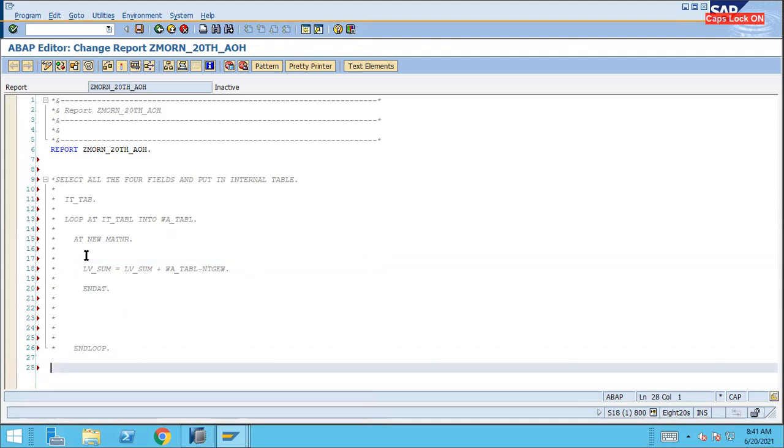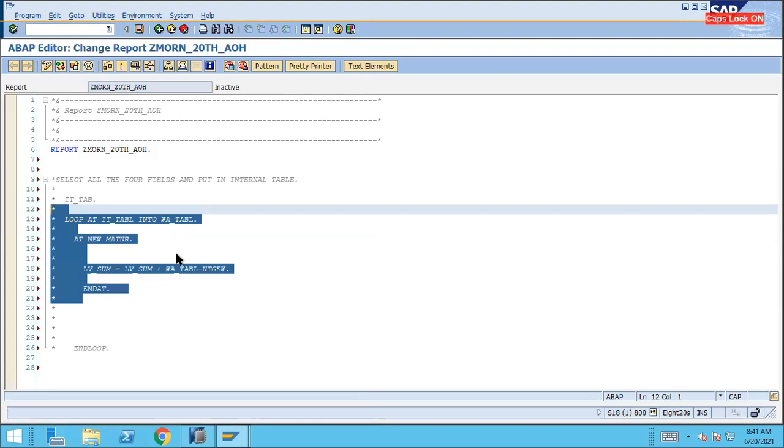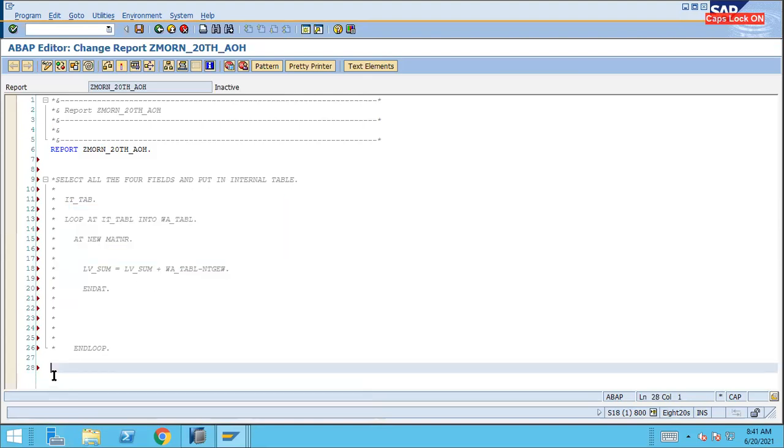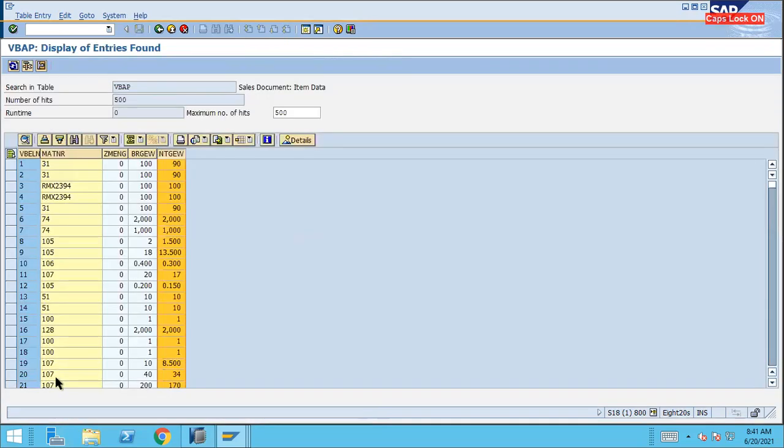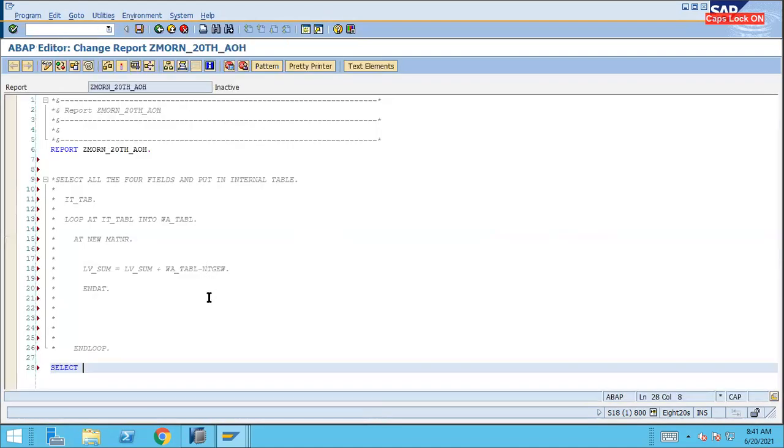All this code that we are processing at the application server layer, we can process directly at the database layer and get the result using the new OpenSQL. So what we can write: select, and here which particular NTGEW we want to sum up.